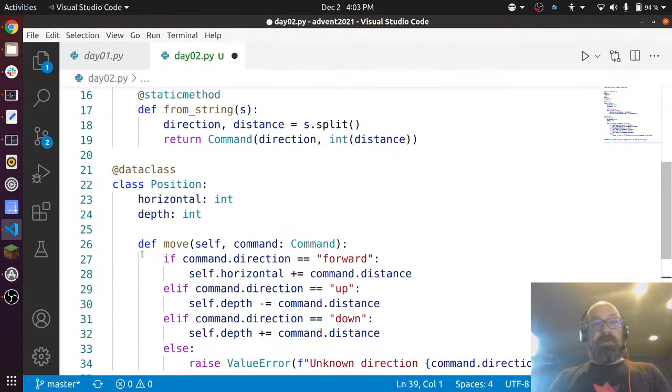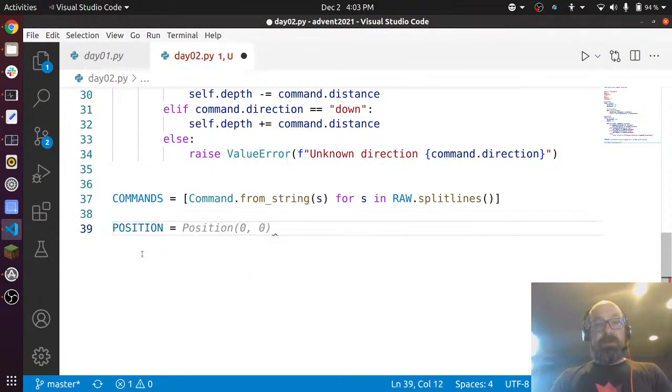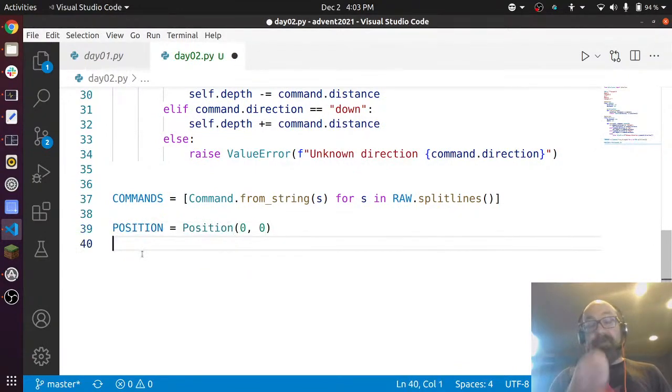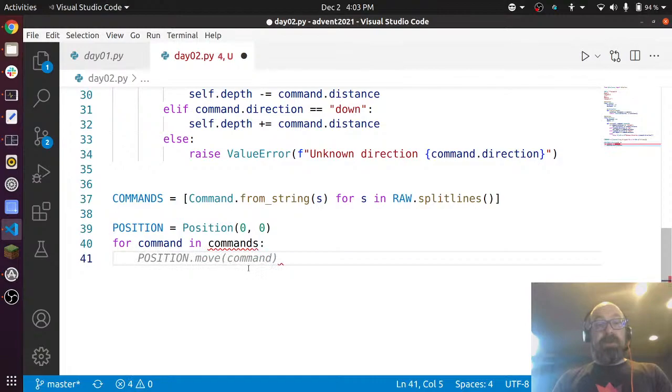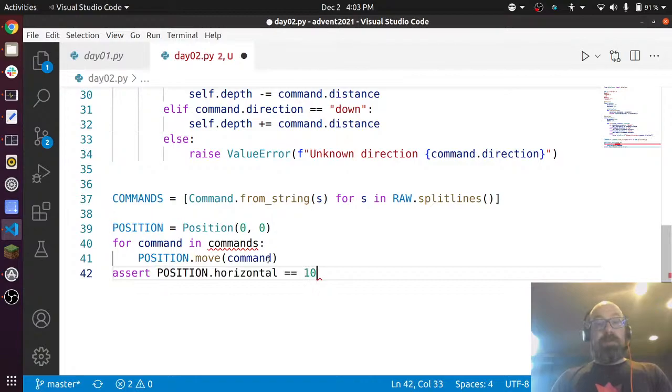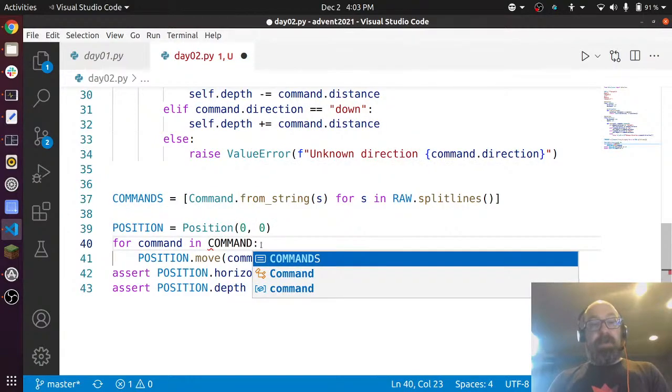And now I want to say position equals, okay, I'm really wondering if this is cheating. For command in commands, position.move command, okay? And then I want to assert that position.horizontal equals 10, and I want to assert that position.depth equals -5. Okay, so I don't think those are the right numbers to check, but